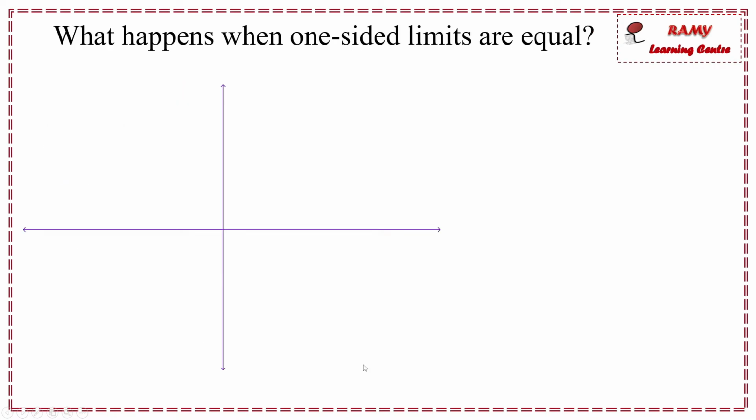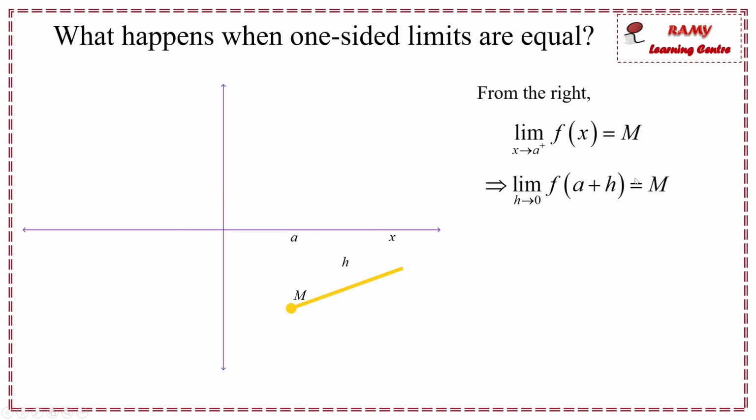What happens when one-sided limits are equal? Let a be a point on the x-axis, let x be any point, and for f of x, let m be a point on the curve. So as x tends to a, f of x tends to m from the right. So this can be written as limit x tends to a plus of f of x is equal to m, and it can also be written as limit h tending to 0 of f of a plus h is equal to m. Similarly, from the left, you have a point x